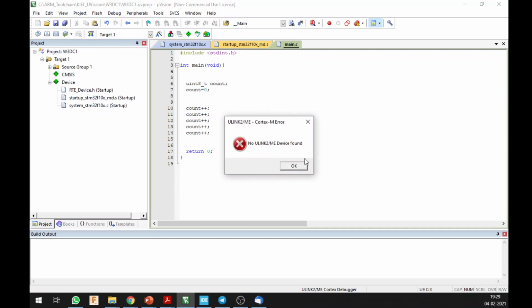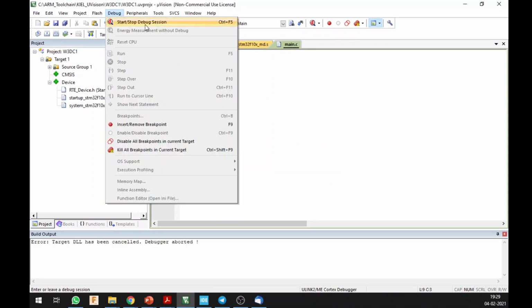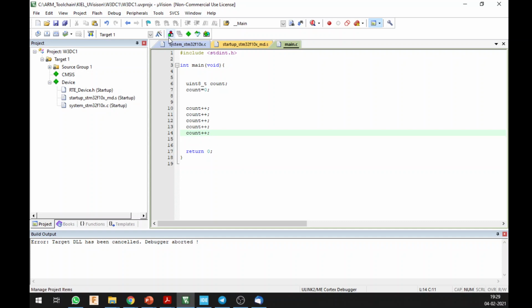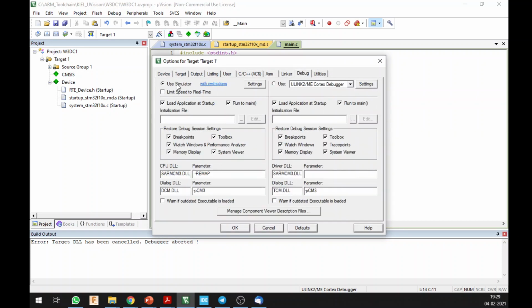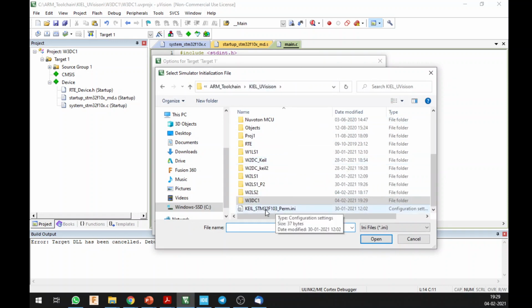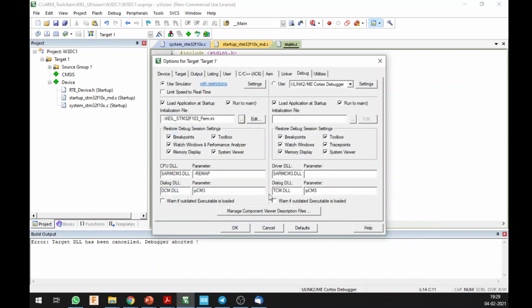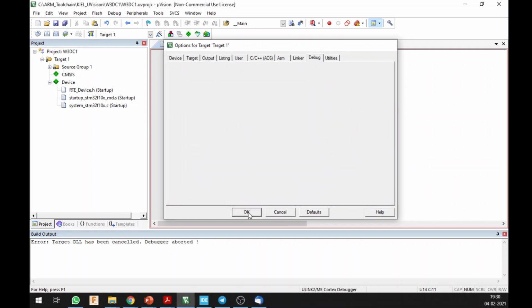I'll start and stop the debug session, but it shows that it's not going to find a device over here. So I need to set a debug setting over here. For doing that, I will go to my target options, and in my debug I'll set it as simulator, and I also mentioned that you need to have an initialization file. I think I missed out sharing that initialization file, but this basically allows you to access certain areas of the memory location. So if you see what's inside this, it is going to allow this to be a readable and a writable region. Alright, so I'll click on OK.